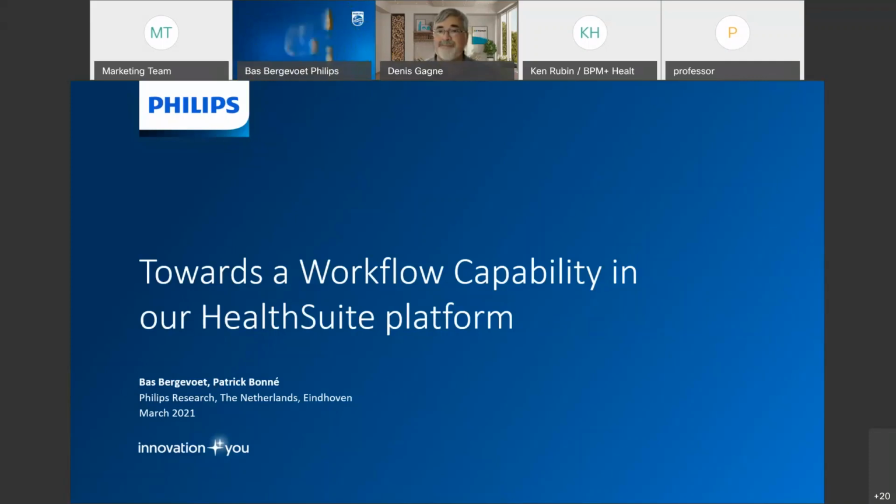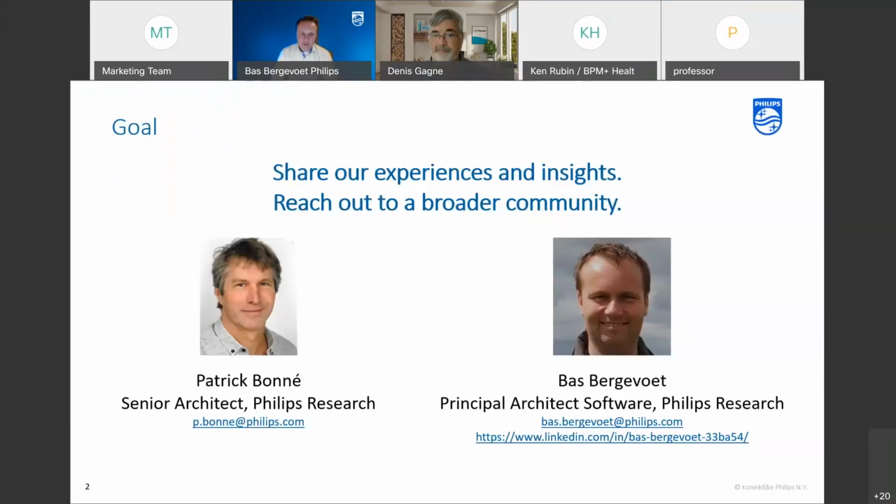2 years ago, we started in Philips Research to explore if we can build a workflow capability in our software platform called HealthSuite platform. And why did we do that? We talked to a lot of